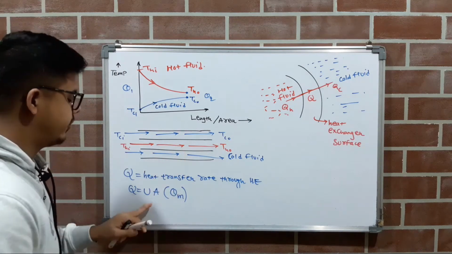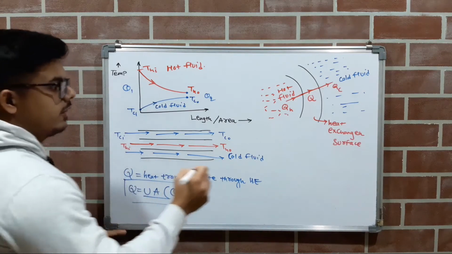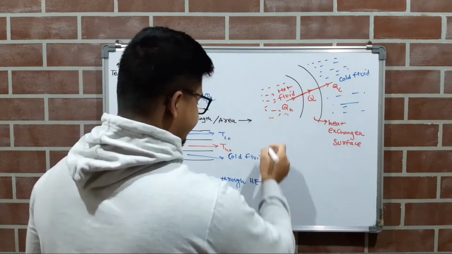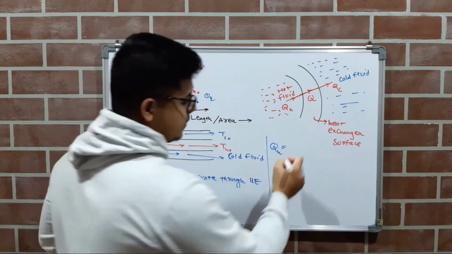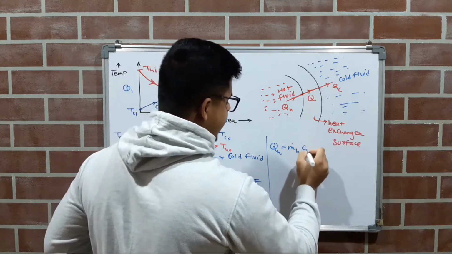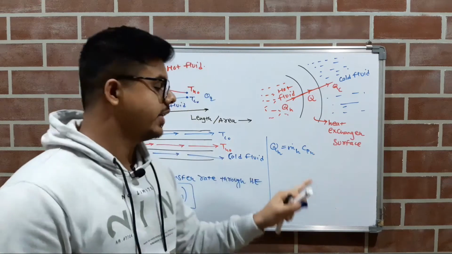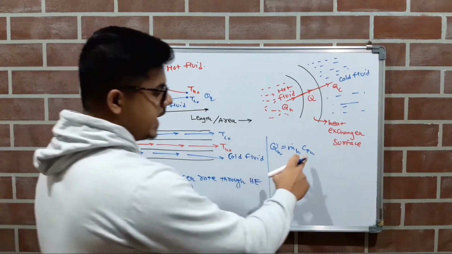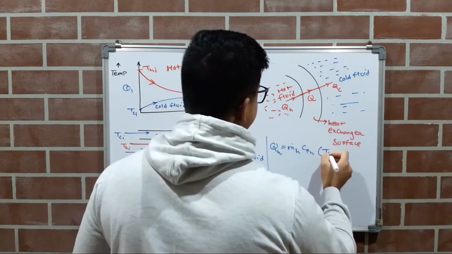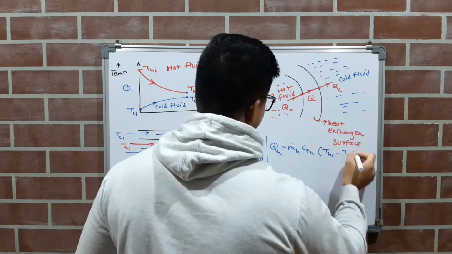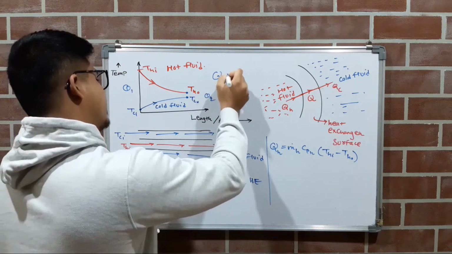How will we find this value? We will find the value of Q by using this formula. How will we find the value of QH and QC? For QH, in the question we will get the mass flow rate of the hot fluid. It will be provided. This CPH will also be provided. H is the representation of the hot fluid. So CPH is the specific heat at constant pressure for the hot fluid, into delta T, that is THI minus THO, right? By using this formula you can get QH. So what was our equation? That is QH is equal to QC.